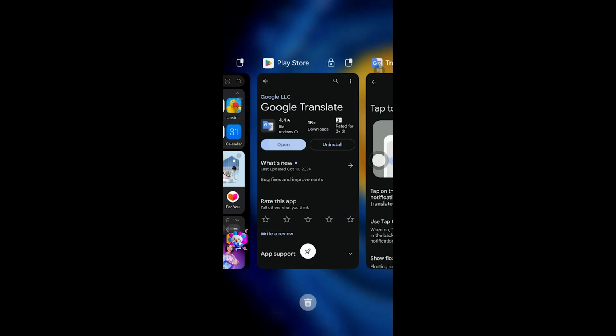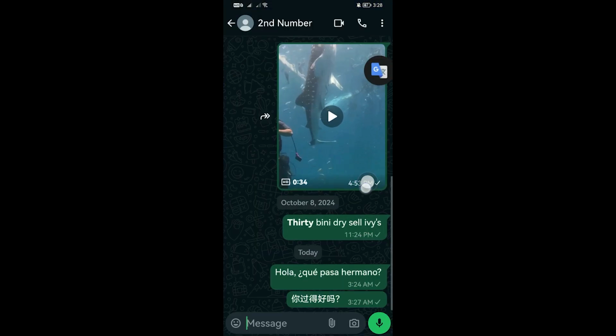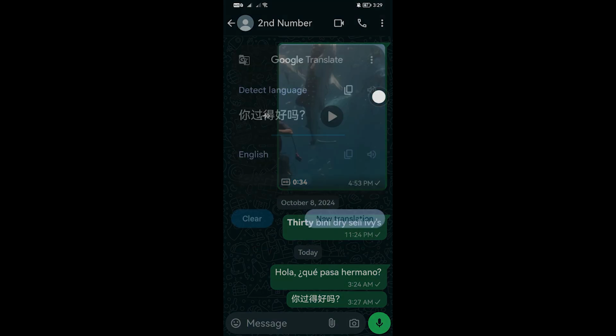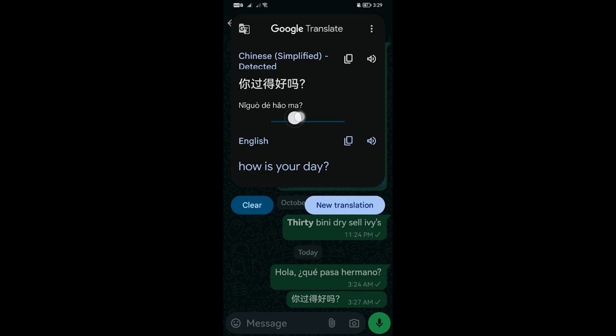Now I'm going to head back to my WhatsApp. There you go, and you should be able to see here a language. This is a question in Chinese. Now if I were to click that over there, basically what's going to happen is that this is going to pop up, and when you click that, you should be able to see that message here, and that is how it is translated. So yep, that is one feature again that's very important in Android, but it's not available on